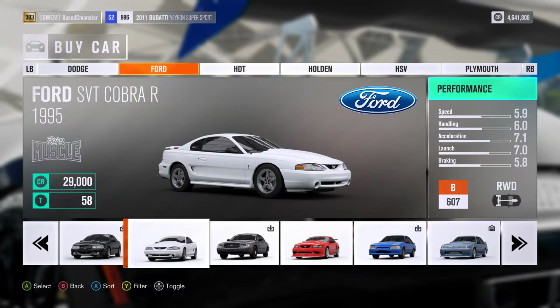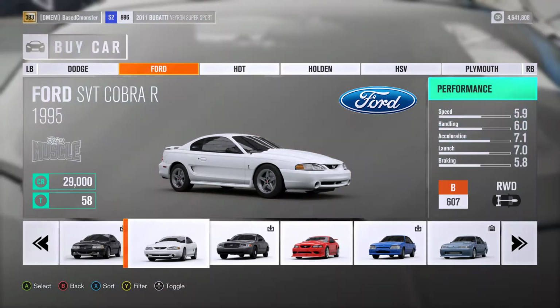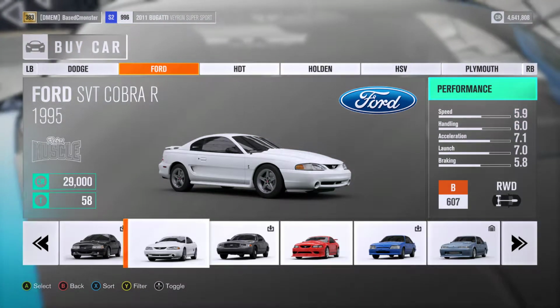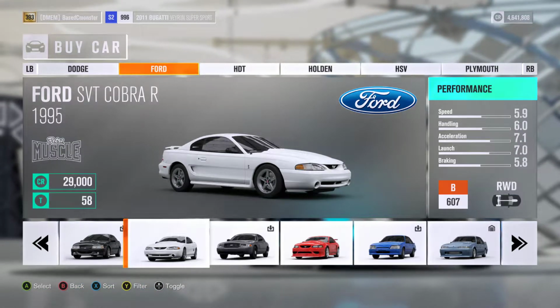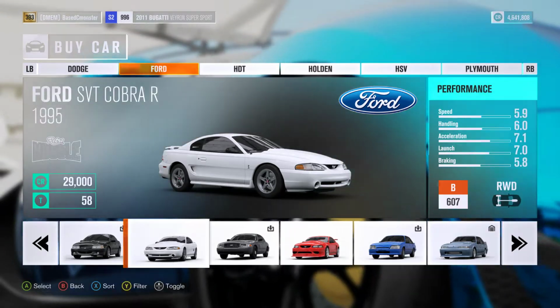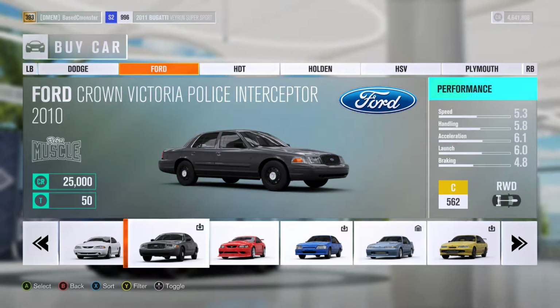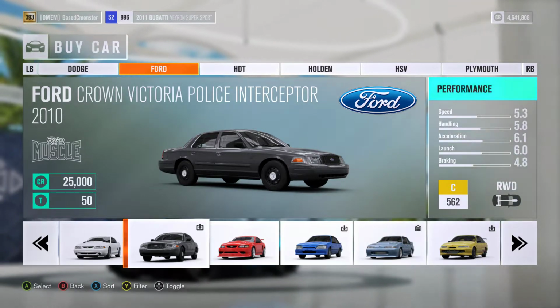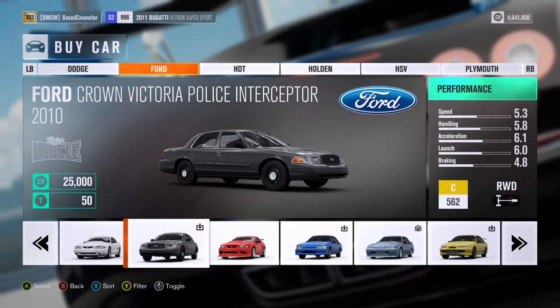Next is the 1995 Ford SVT Cobra R, which costs 29,000 credits. It starts at B607. It's rear-wheel drive with its engine in the front. It has a 5.9 in speed, a 6 in handling, a 7.1 acceleration, a 7 in launch, and a 5.8 in braking. Next is a not really retro muscle car, but it's like the Morgan three-wheeler situation where it's just